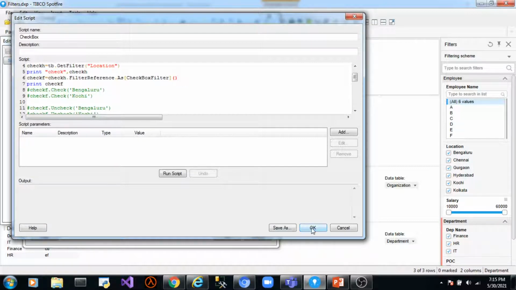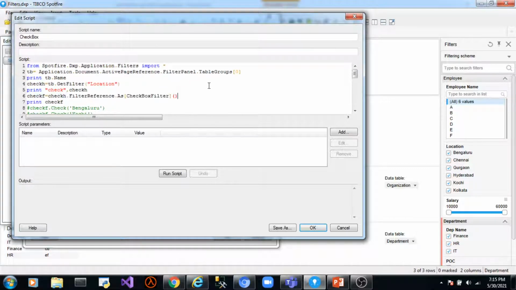Okay. So let's try to access one checkbox filter which we have here. Let's try to access this location checkbox filter, which is a part of the table group employee. So we grabbed an instance of the table group employee. Then using get filter we got the filter handle to this location checkbox filter, and then we passed this filter handle into a filter and then further into checkbox filter.